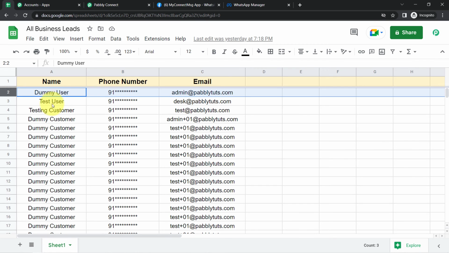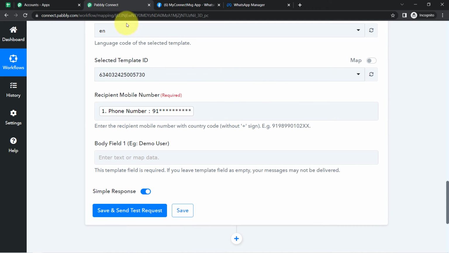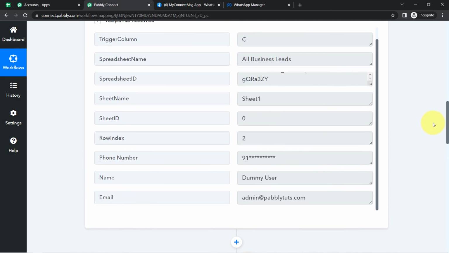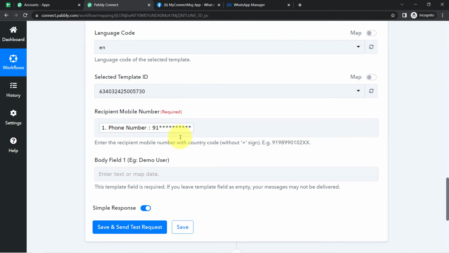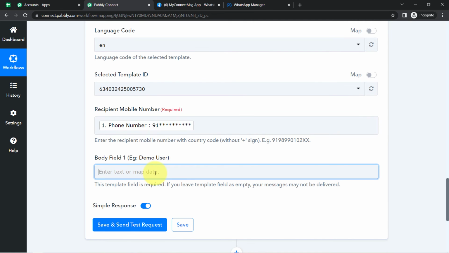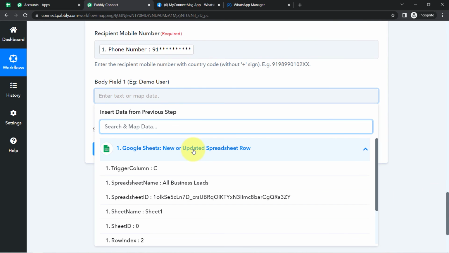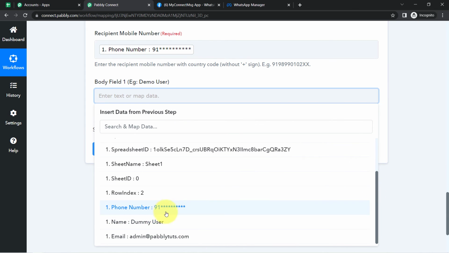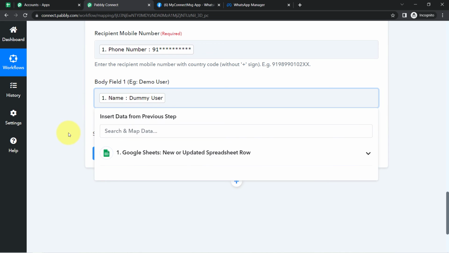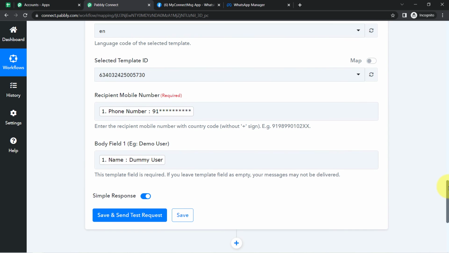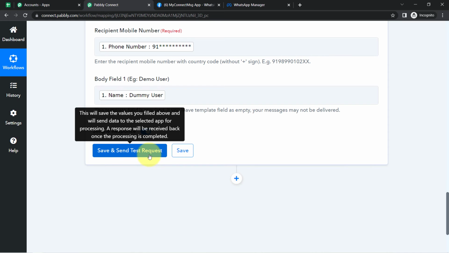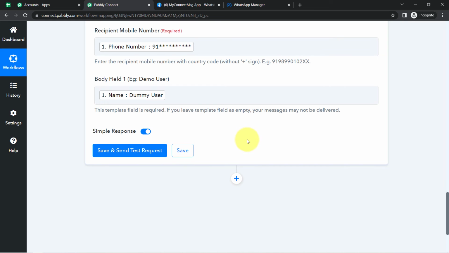Assume that the data of the second row is coming out in Pabbly Connect, so automatically this data will be replaced here, and the message will get sent to the second number, to the next number. Okay, and for the name also, instead of writing it manually, I will map it, because I want it to change in real time whenever it works. I have the name as the dummy user. Now I am going to click on this button, and you will see the message will get sent immediately,